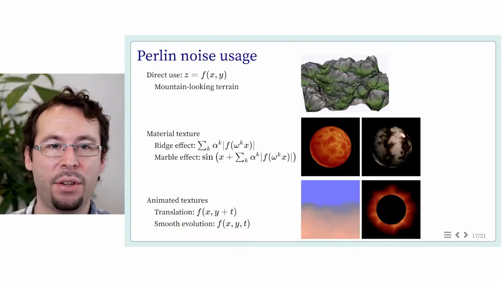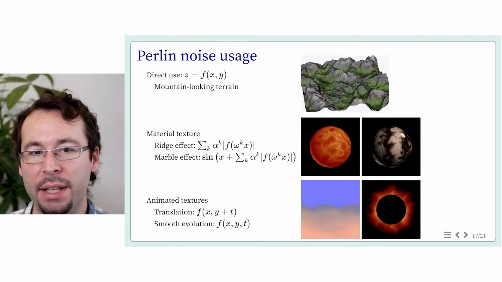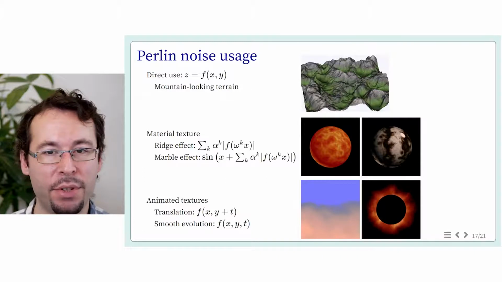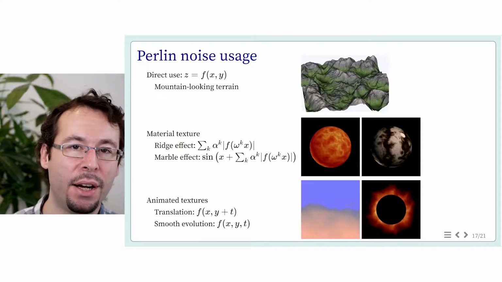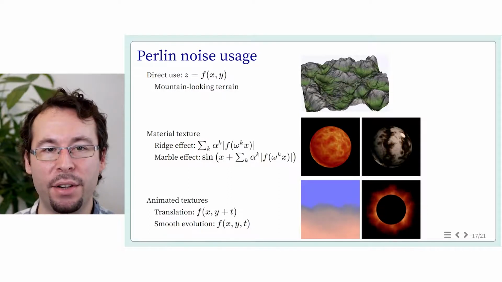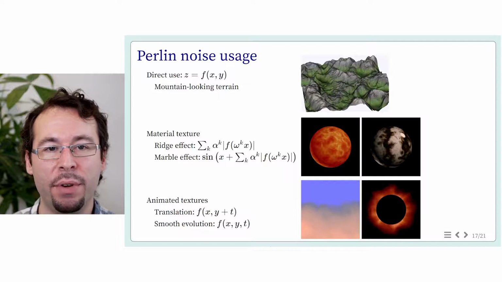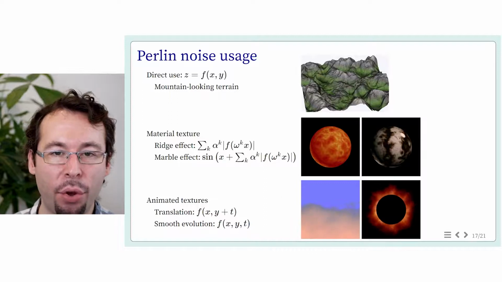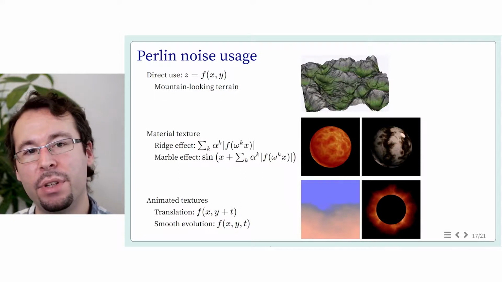the summation. If we consider a sum of absolute values, for instance, we will have ridges appearing near the zero values. So this is used to model the specific patterns of sun-like texture. Also, marble effects, which are quite overly used in graphics, consist in modifying the function using a sine function to get some regular oscillation. But the Perlin noise brings the details. And this noise can also be used for animated texture, where we can translate the image, and by adding a dimension to the noise and evolving through this dimension along time, we can create some smooth style variations that look like texture evolution.